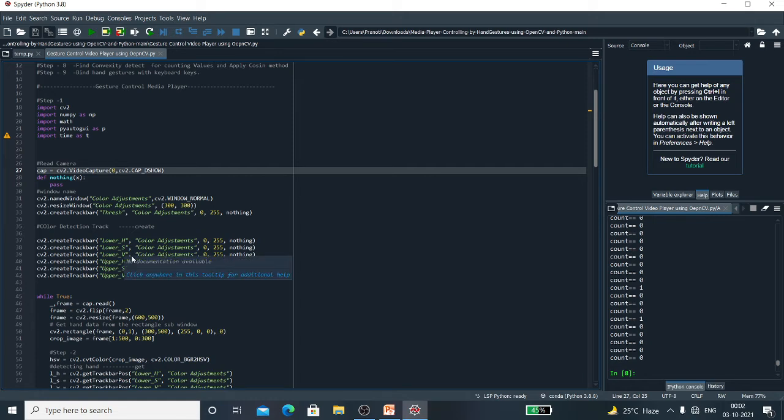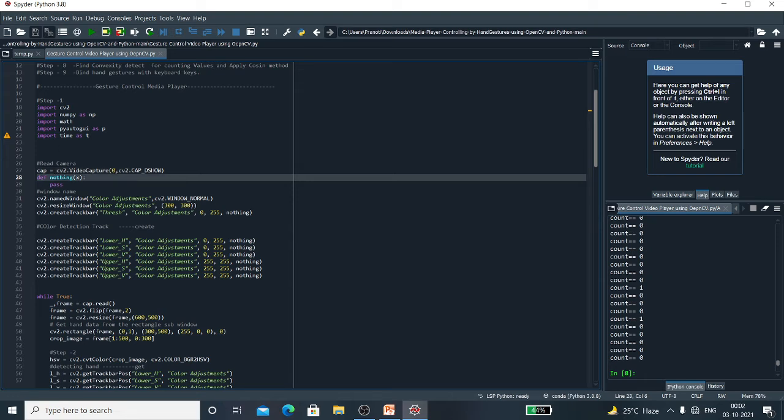Here I have created the track bars, as I showed in the demonstration, on another window named color adjustment. This will always call an empty function named nothing if you do not use any track bars.